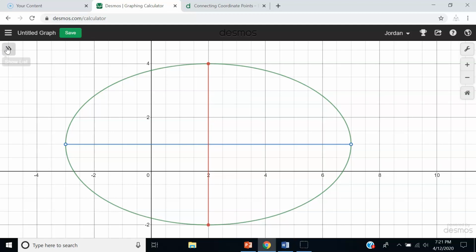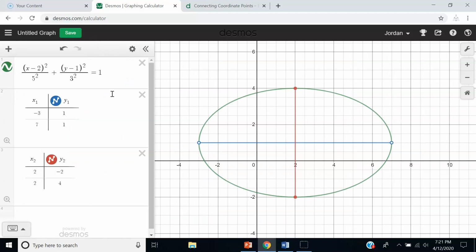So that's the idea there. Obviously, our center here is at the point 2, 1. You can see it there. The other thing is these foci. We're going to have 2 focal points. Let's take a look at what that is for these